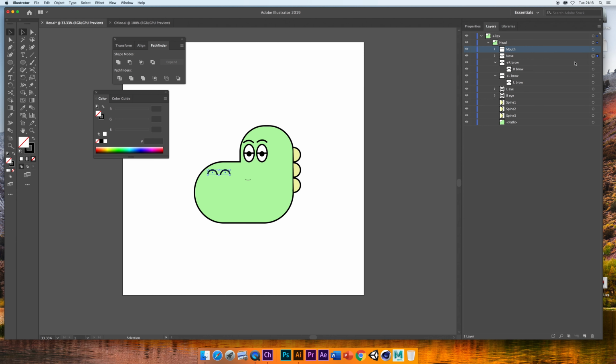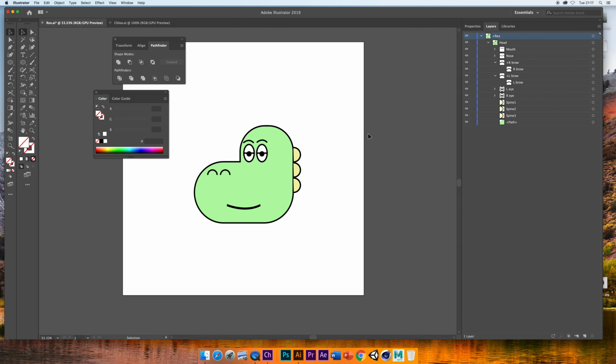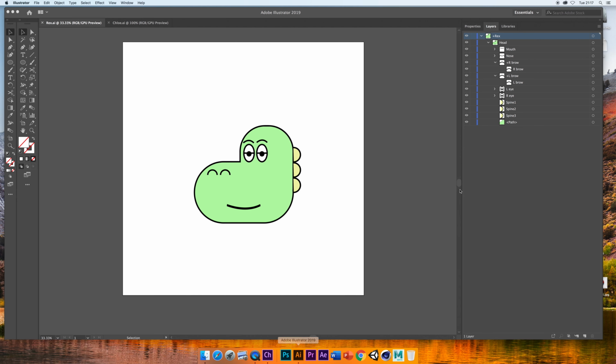That's always important. So with the mouth, what I can do is select this and stretch out the mouth so it's big enough. Cool, fantastic. Okay, so I'm quite happy with that. And obviously, because we've copied and pasted that from Chloe, which is already a Character Animator template, this is already rigged up. So this saves us loads and loads of time. So if I go Command S to save, back to Character Animator,